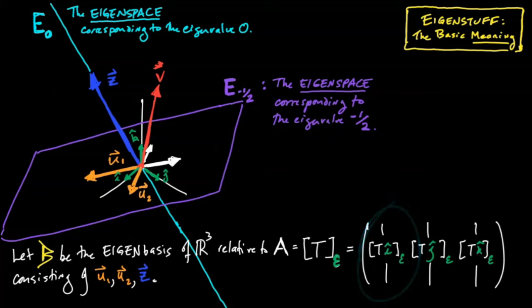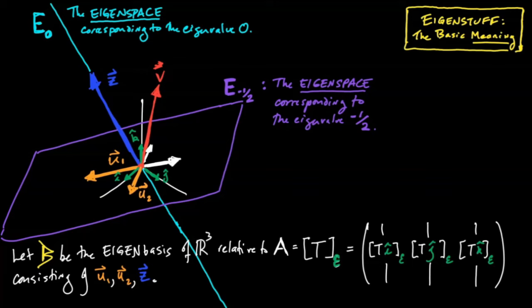For the first column, for example, we'd have to say, where does i hat get mapped? Well, I don't know, but I could break it down into a U1 component, a U2 component, and a Z component, and I know that the U2 and U1 components get multiplied by -0.5, and the Z component gets killed. You put all that together and then figure out roughly where it lies, and then try to figure out how many i steps, j steps, and k steps I have to take to get there, but that would take a long time, and at the end of the day, we've just got some 3x3 matrix. Who knows what it looks like? Some scramble of 9 numbers.